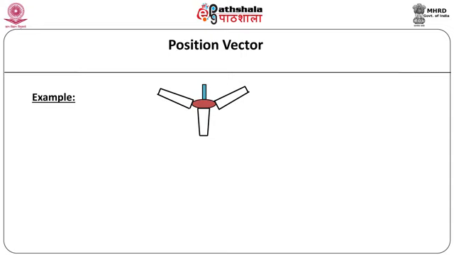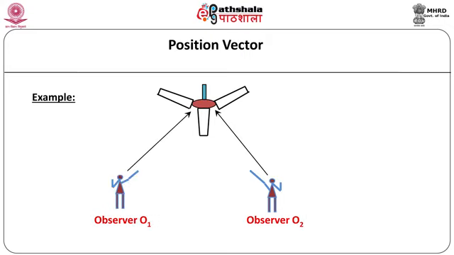Consider a ceiling fan in a hall. There are two observers in the hall. When asked, the first person points his hand towards the fan as shown. On the other hand, the second person points his hand in some other direction as shown. Thus, the description of the position of the same fan as described by two persons can be different. Who is correct in describing the position of the fan? We understand that both persons are correct. The description of the position of the object to be observed depends upon the position of the observer.